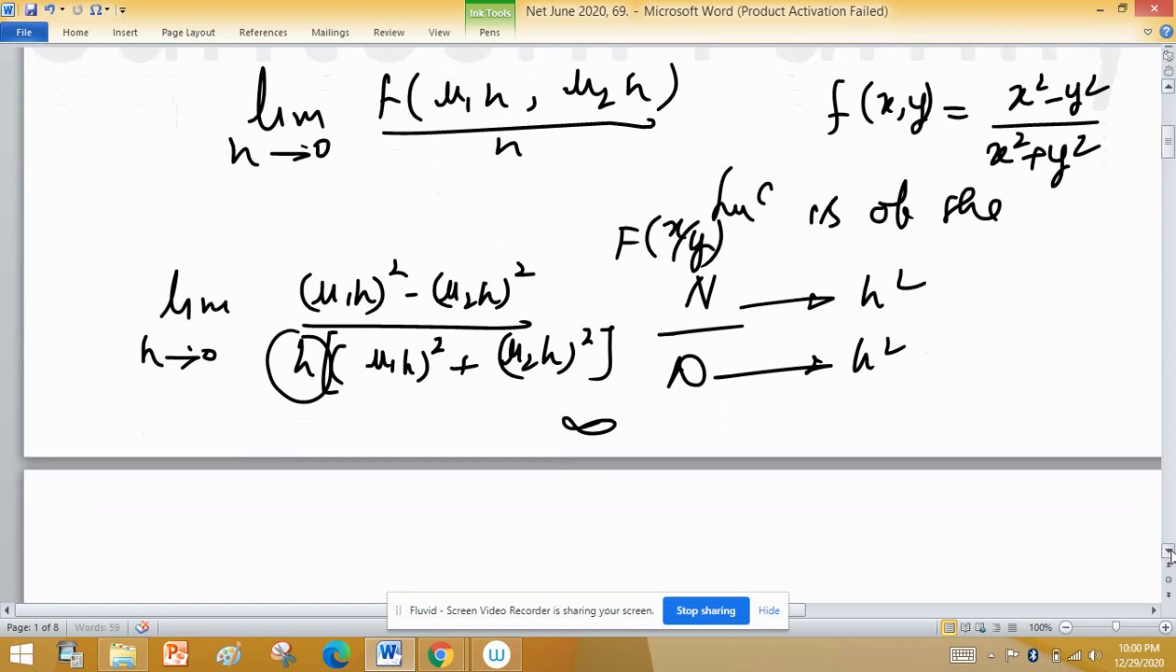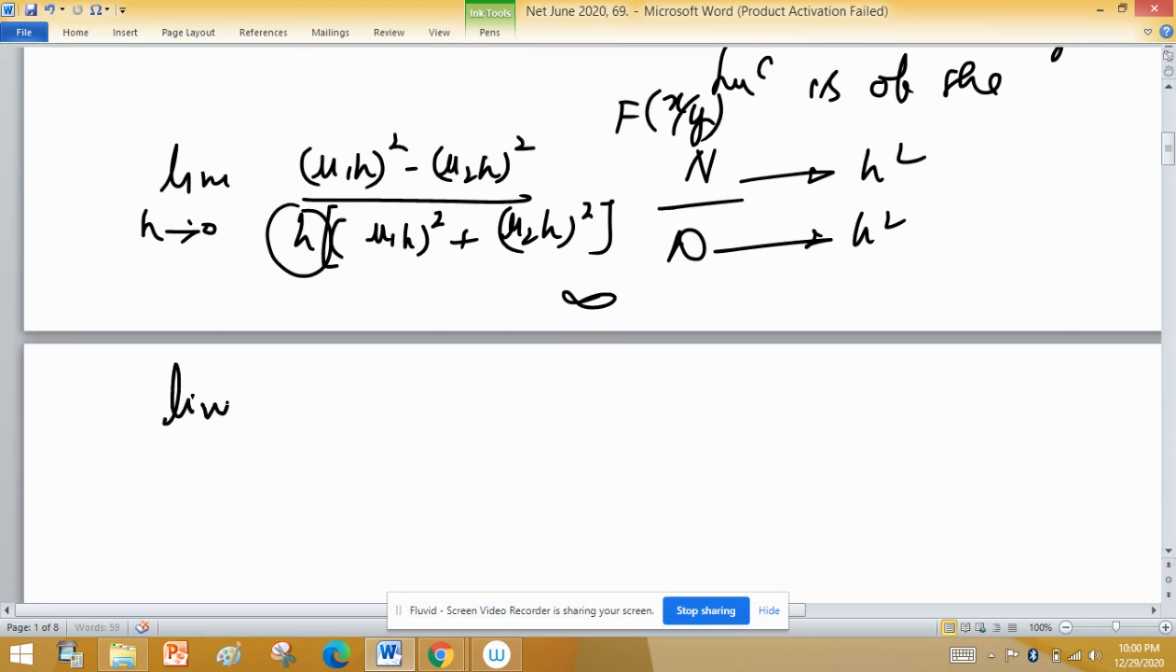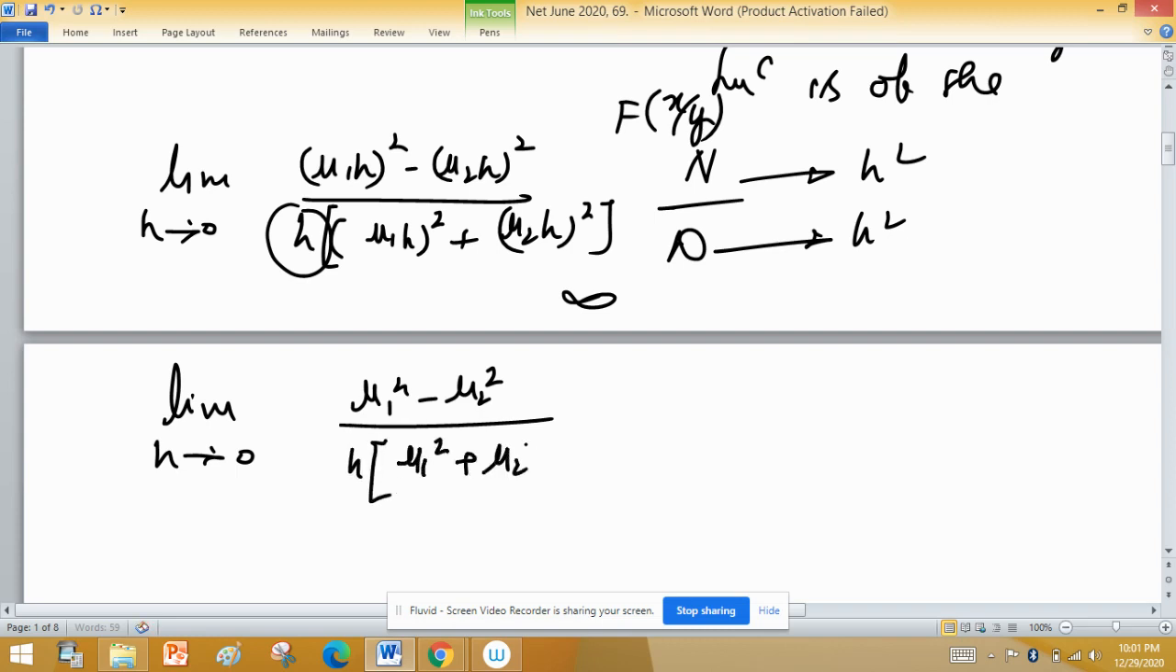because this expression will be u1 square minus u2 square divided by h (u1 square plus u2 square). This type of expression you will get, and when you apply the limit h tends to 0, then this limit will be infinite. Because the limit is infinite here, the directional derivative does not exist here, so option D